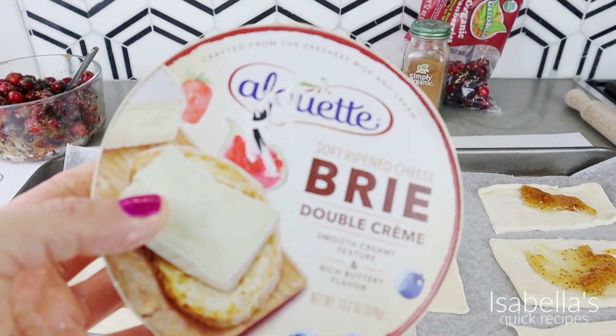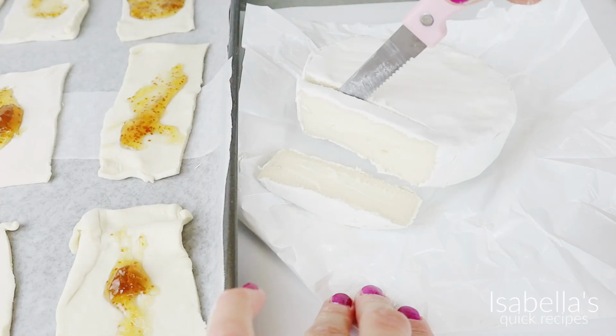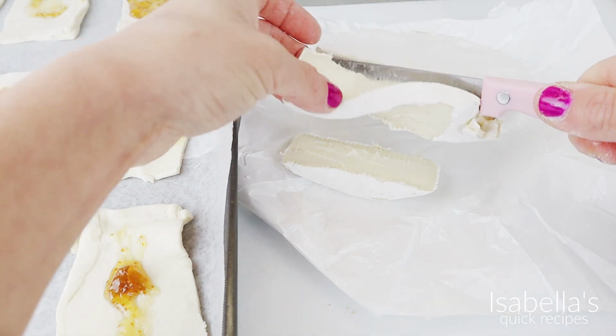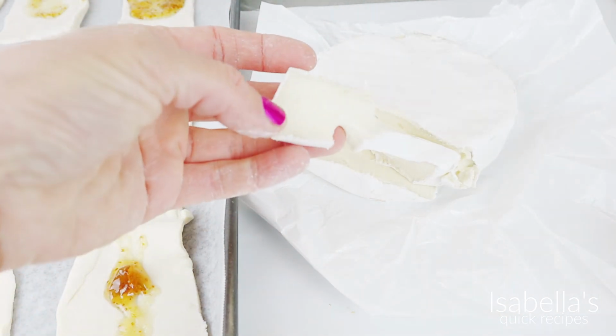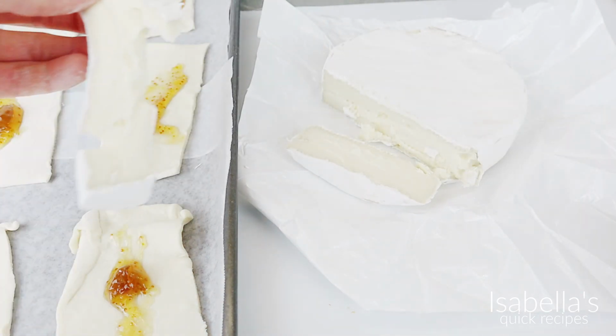Here's all of that delicious brie. Give your cheese a slice. It comes in this casing. We're not going to take the casing out. Just take a slice of this and add it straight to your little